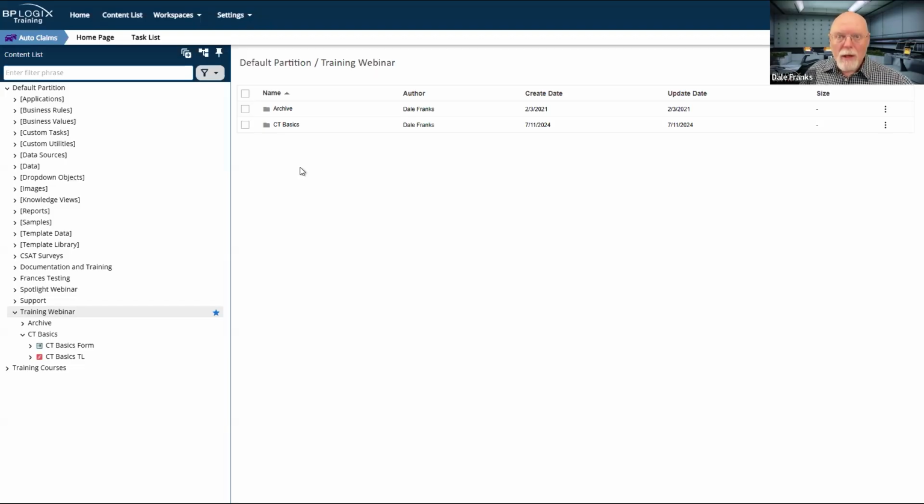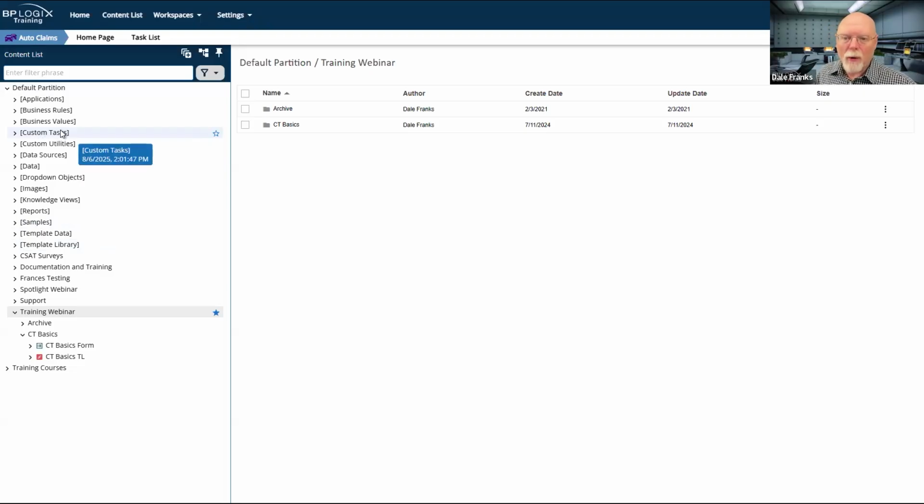GUIDs don't export though. So when I export from one system to another, I have to look for the relative file path of a linked object. And then I have to look in that folder that is specified in the file path and match the object's name, right? So what I would expect, if I have a form that I'm importing from one system to another, and that form has a custom task associated with it, I've got to be able to find that custom task on the system. So if on both systems I have custom tasks, this folder in the root level of the partition, I'm just going to go all the way to the partition root. I'm going to look for a custom task folder.